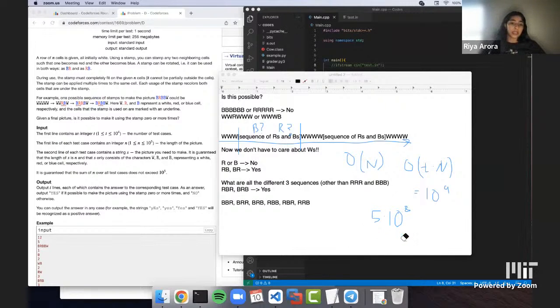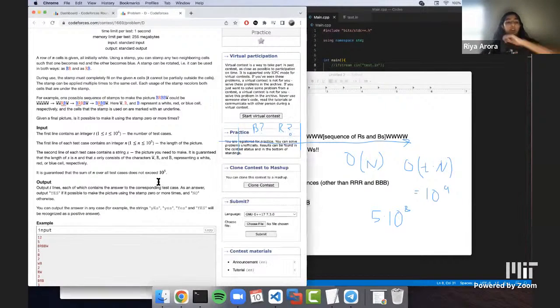However, notice what it says in this line. It is guaranteed that the sum of n over all test cases does not exceed 10 to the power 5. So this means instead of it being n times t, it's just going to be 10 to the power 5 instead. We can consider t times n over 10 to the power 5